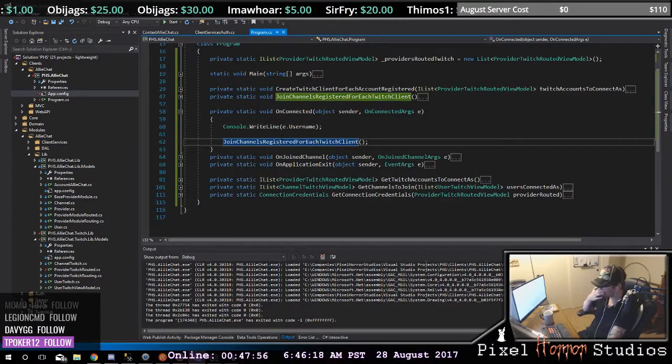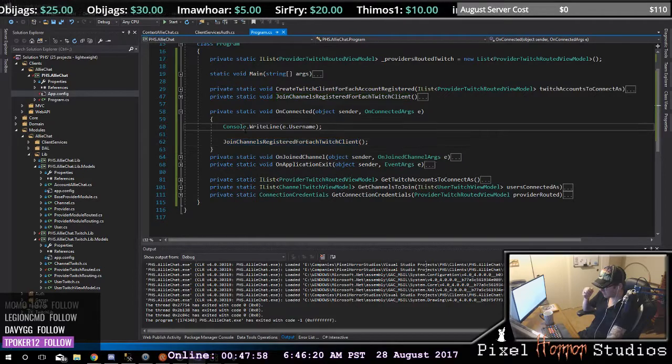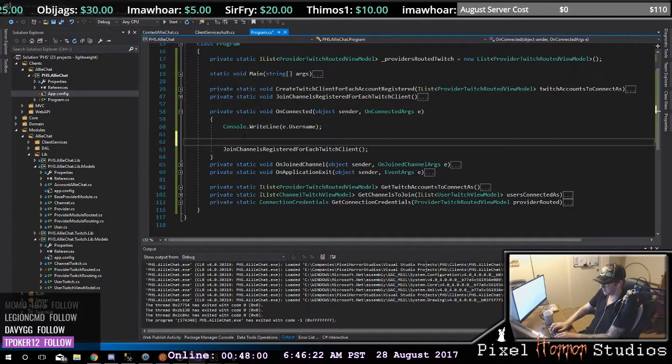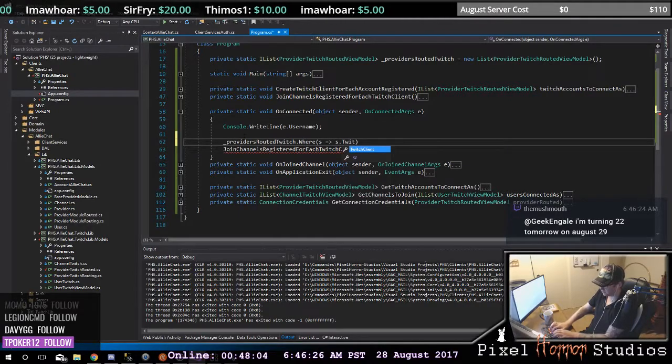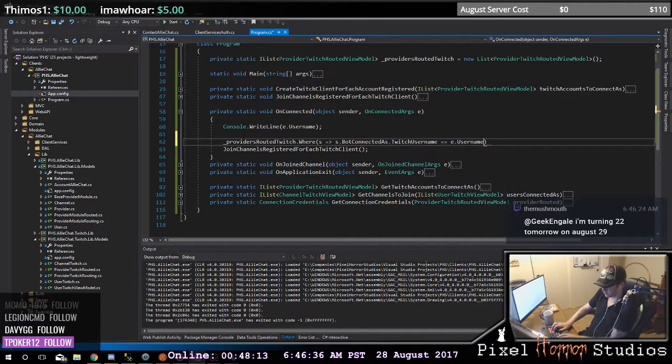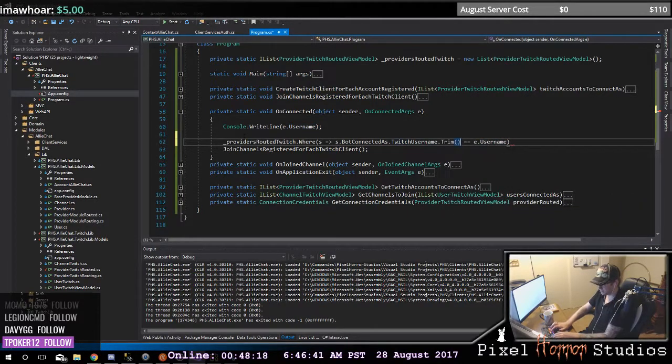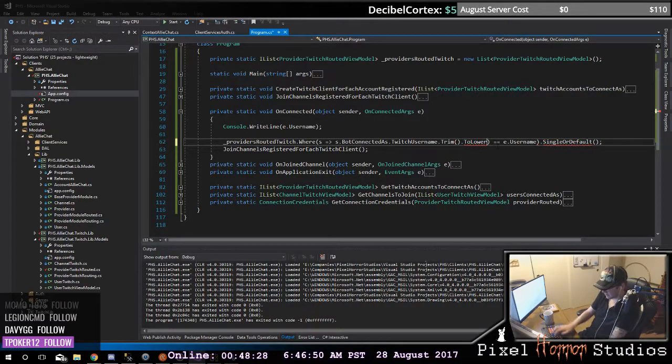Just a moment. So now what you want to do is your providers Twitch routed dot where, and then you want to do my s.bot connected as dot username is equal to my e dot username. But this is going to be a trim to lower, singular default. So that way we're selecting the